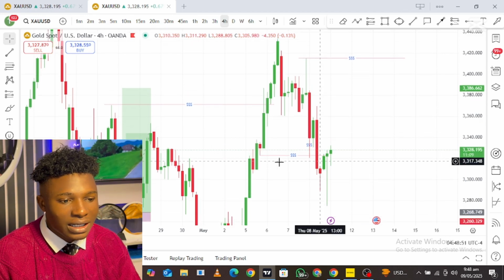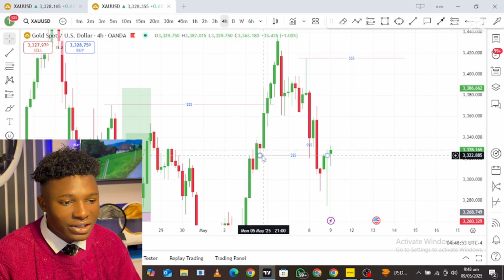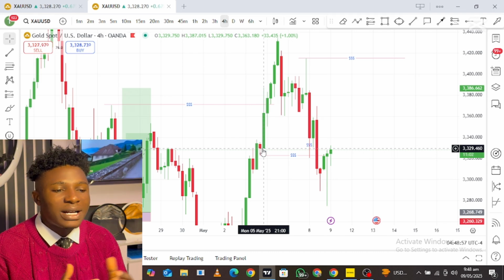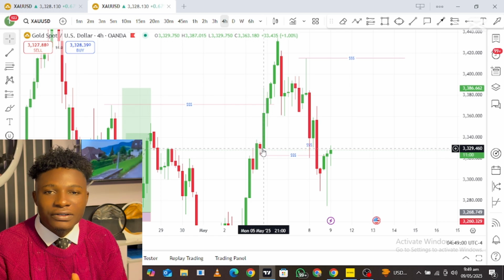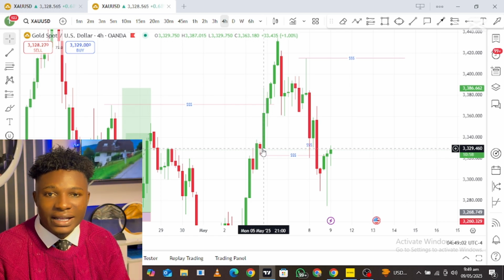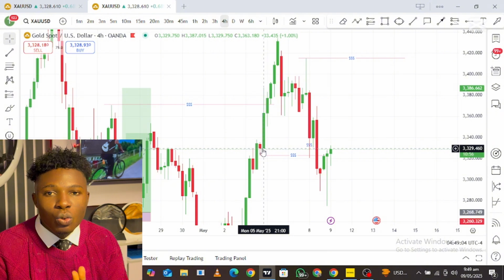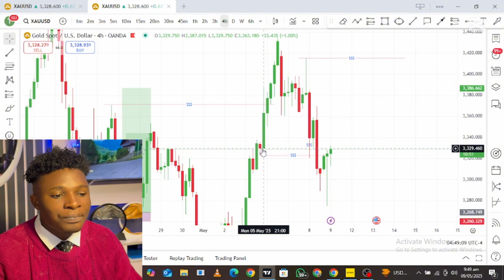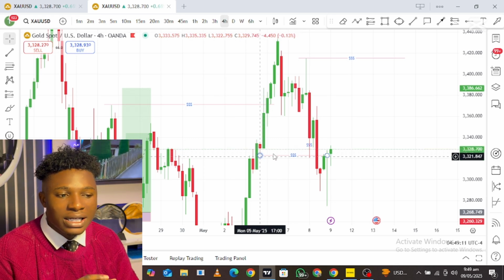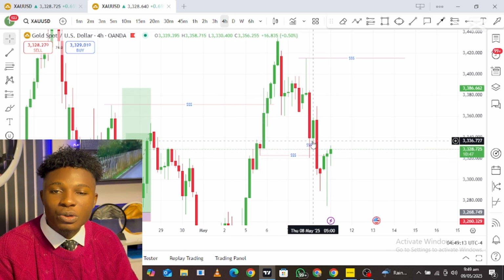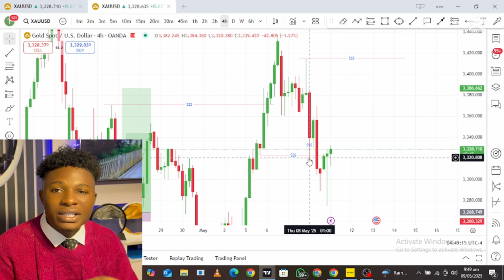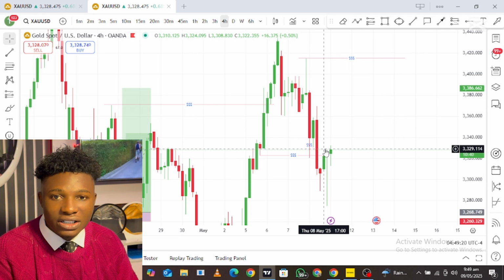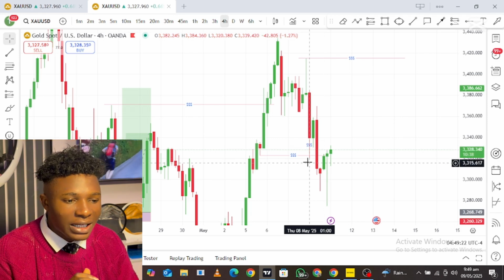So price ended up taking out this particular low. On the daily, price ended up taking out this low right here. I was anticipating what? A bullish candle. The reason I'm anticipating a bullish candle is that it is difficult for price to break two levels in the market at the same time. So once price breaks one level, price is going to react and then create for breaking the next level. So price ended up breaking this particular low. I know that the next 4-hour time frame candle is going to be what? A bullish candle. So I'm waiting for the reaction, and at the same time waiting for the market to give me my trade strategy to play out before I can enter the market.